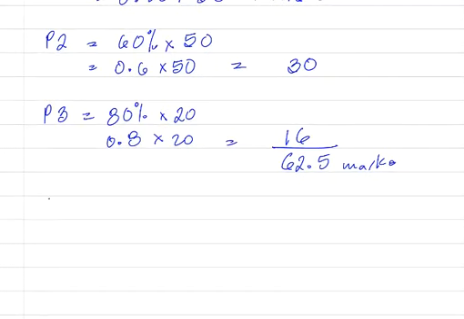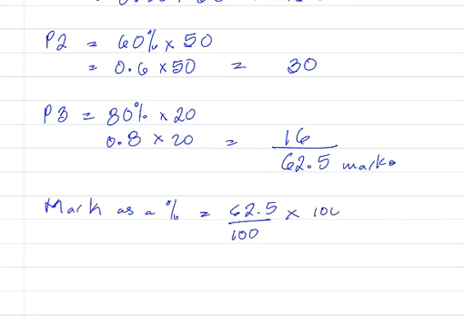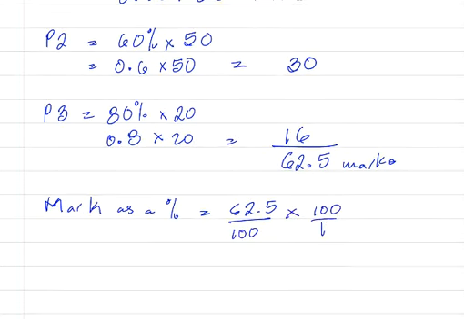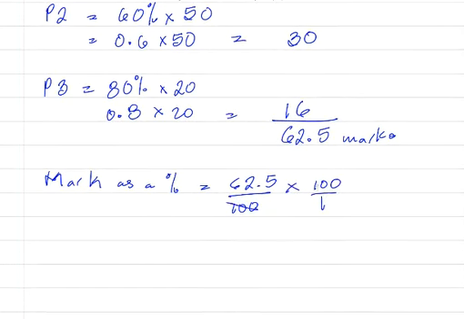So you want the final mark as a percentage. Well, the person got 62.5 out of 100. And to convert that to a percentage, you must multiply it by 100. So this 100 cancels the 100. The person got